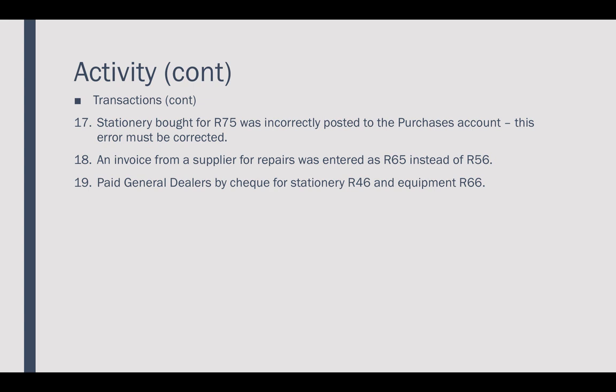Number 19, pay general dealers by check for stationery 46 and equipment 66. This will simply be debit your stationery, debit equipment, and credit your supplier's account. In other words, it will go into your cash book